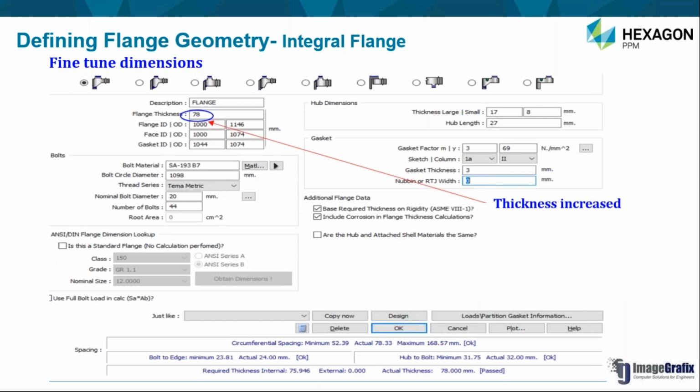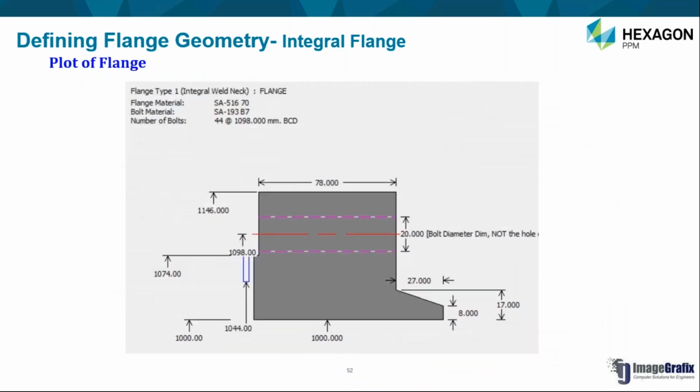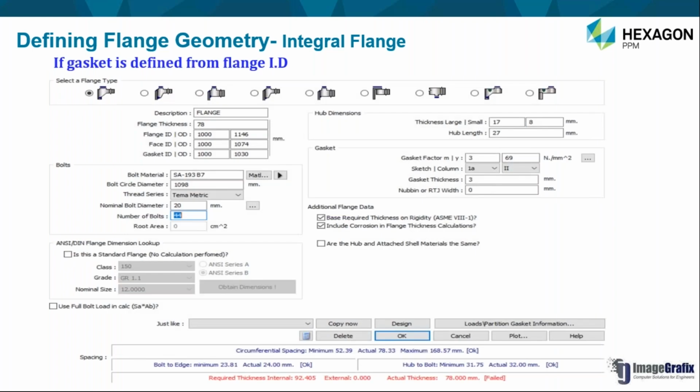Now over here we have placed the gasket as near to the PCD. So if we place the gasket ID equal to your shell ID, then we have the same width of the gasket. And what effect will it have on your design? So let's say if your gasket is defined from the flange ID, so if your gasket ID is equal to your flange ID,